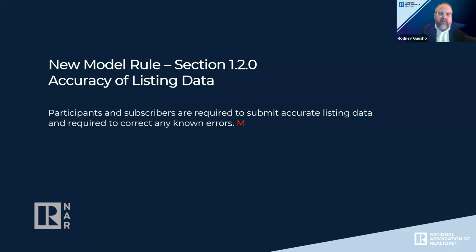The applicability of a photo would be if it was an incorrect photo. So if there was an incorrect photo and that was brought to the MLS's attention, they could tell the participant and request that the participant change that photo to an accurate photo of the property. But this doesn't get into whether a decision is made to retain the photos of a property for historical purposes or to pull that information.